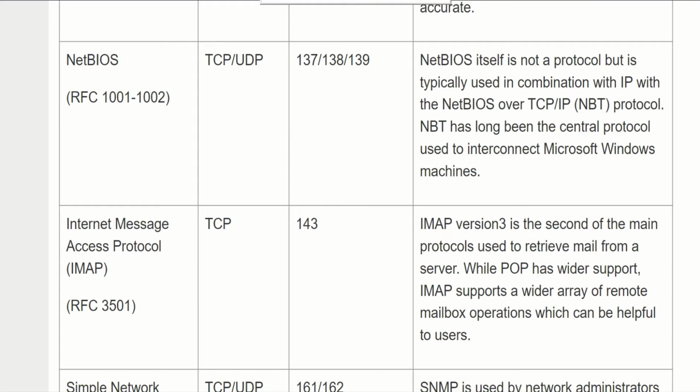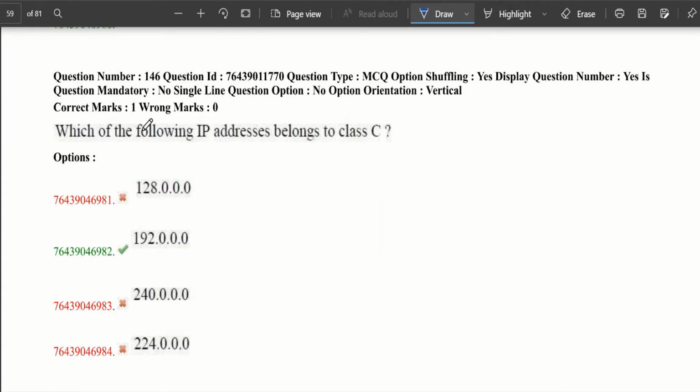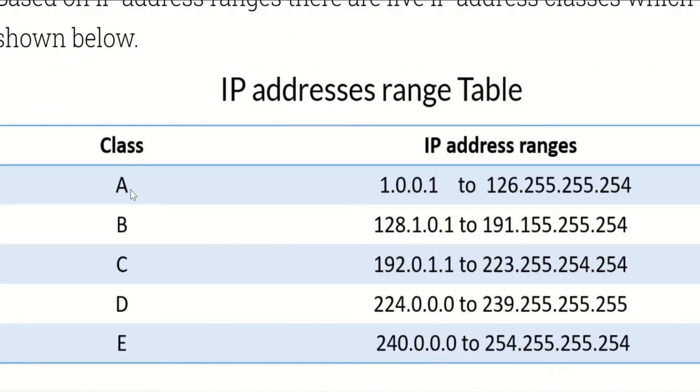Now let's move to our next question. Which of the following IP addresses belongs to class C? Let's see all the classes of IP addresses, then we will find class C easily. I will tell you the trick to find it easily. Here it starts like this: A, B, C, D, E, and here from 1 to 240.